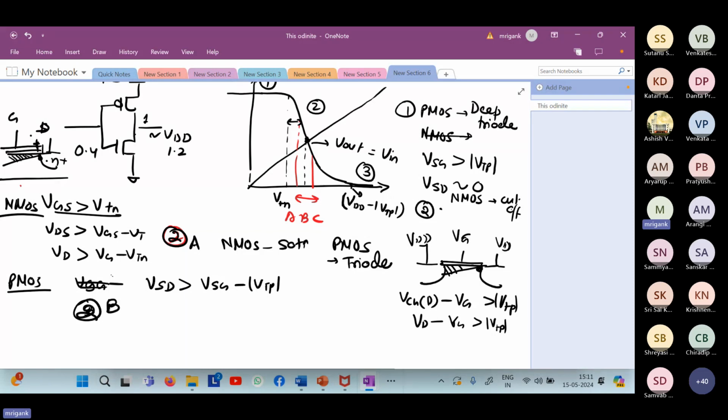Now region B, I'm choosing close to the midpoint, that is in this central region. Assume that you are exactly at the midpoint and the output is close to VDD by 2. So in that region, what is happening? In the central region, what is the condition of PMOS and NMOS? Assume that you are close to VDD by 2, just put some numbers. I'm not doing detailed derivations. So here, suppose this is 0.6 volt and the VDD is 1.2 volt. This is 0. Input is also, suppose, close to 0.6 volt. So let me draw it afresh. So for the central region,